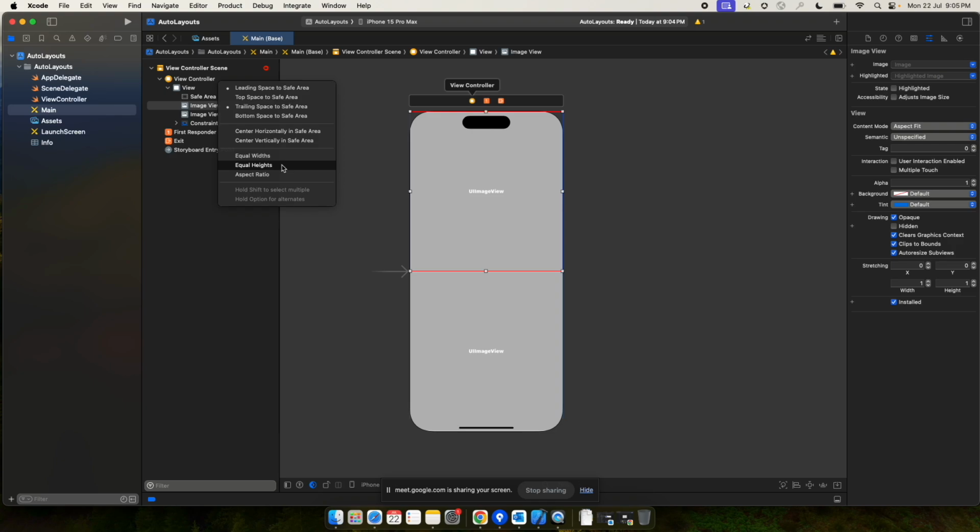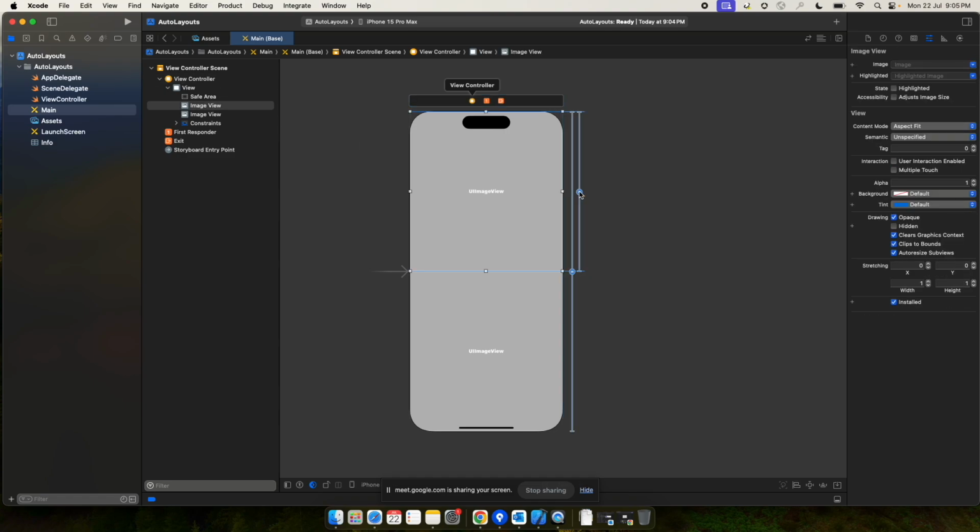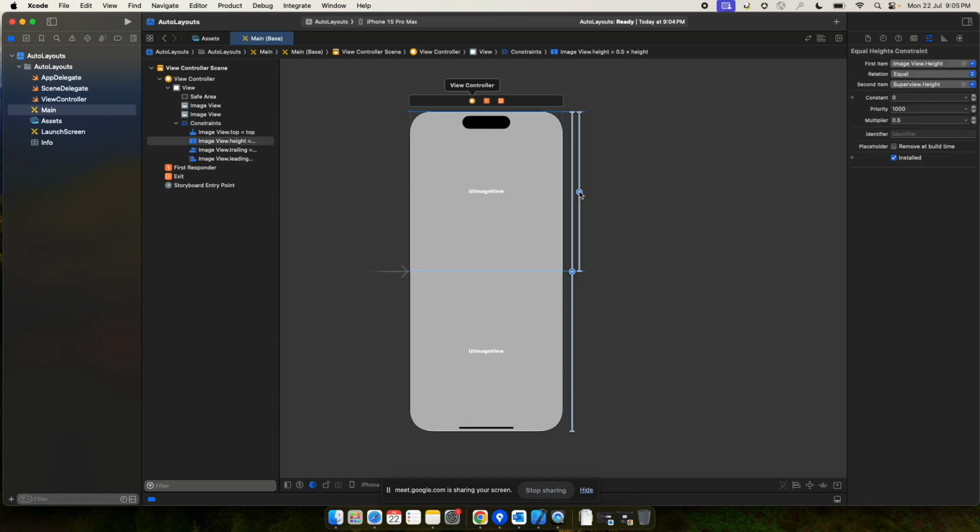I will first say equal height. I'll click on this. Now I'm saying that this image view should be equal height of my view. Now, I'll click on the constraint. Okay, now if you see,